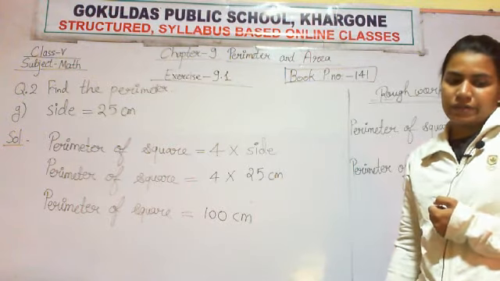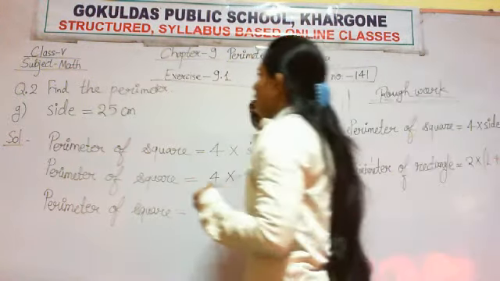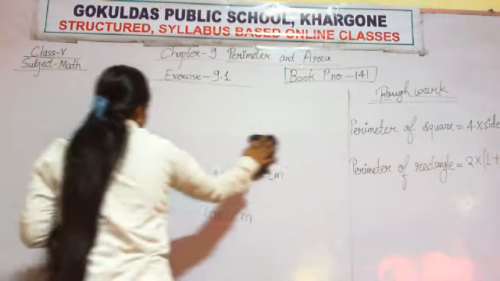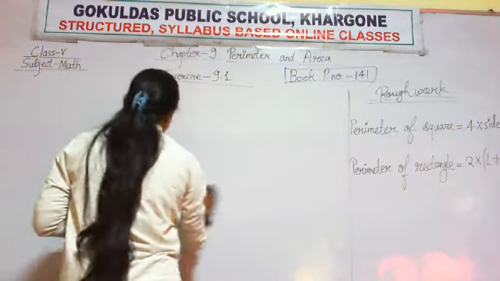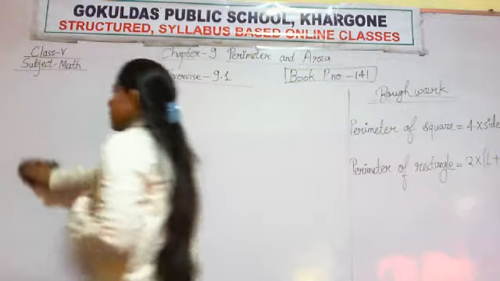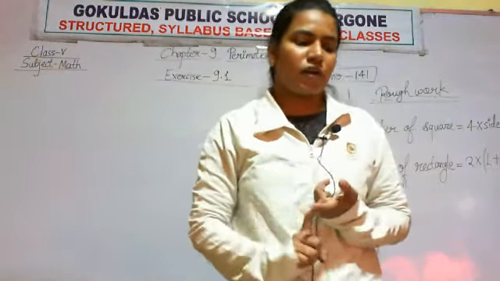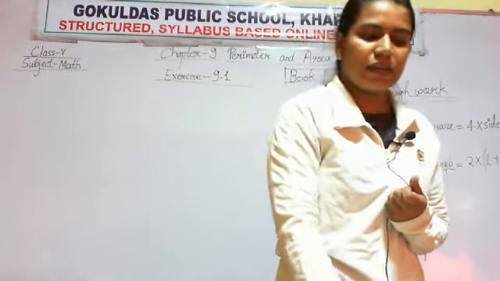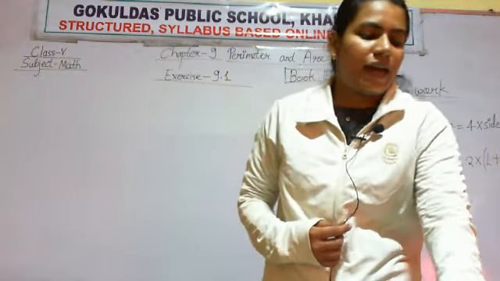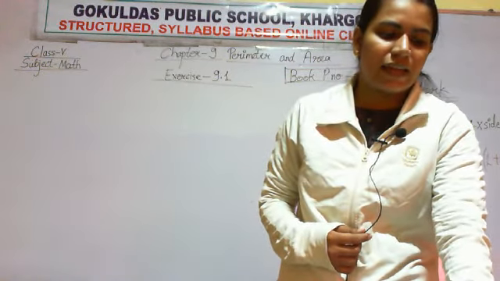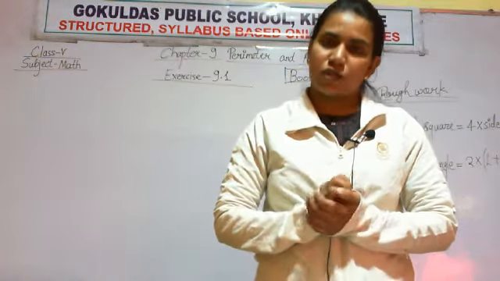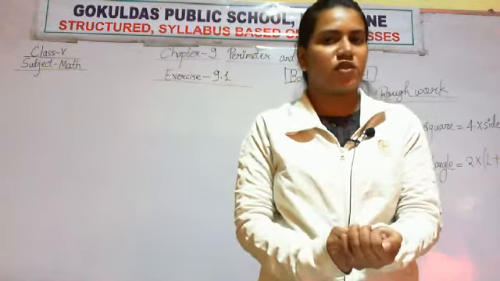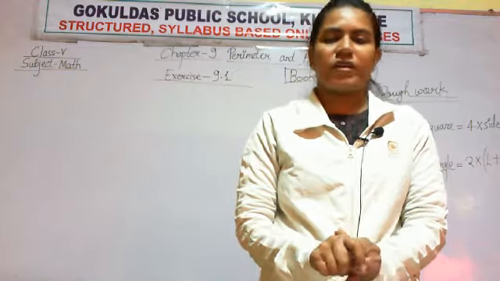Now, I hope you understand question number 2 clearly: how to find the perimeter of a square and how to find the perimeter of a rectangle if length and breadth or sides are given. Okay, so this question is over. We have done question number A, B, C, D, E and G. The remaining F, H, I, J, K, L are your homework. Solve by yourself. You just need to write the correct formula, put the values and get your answer.